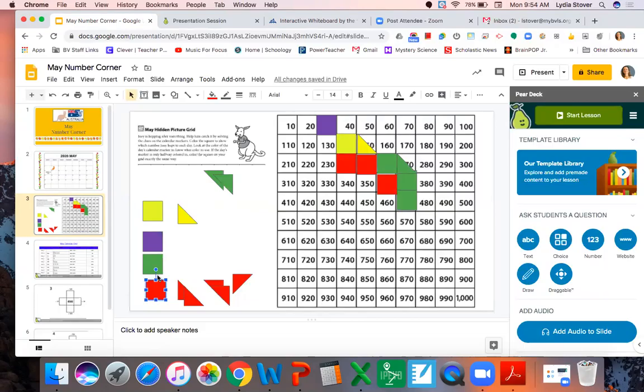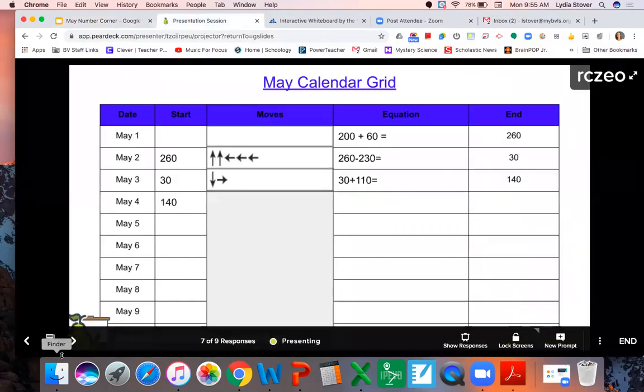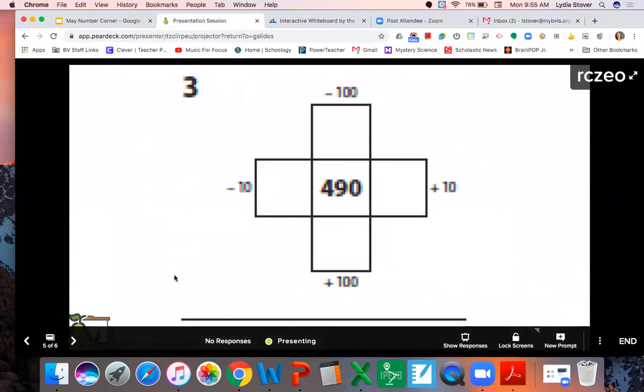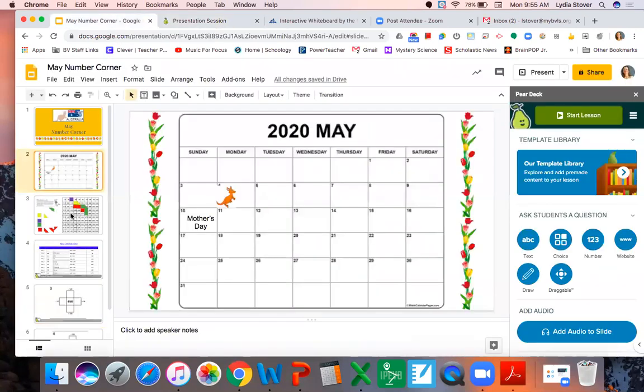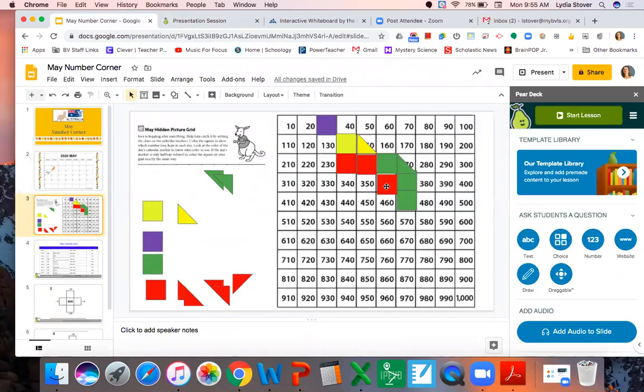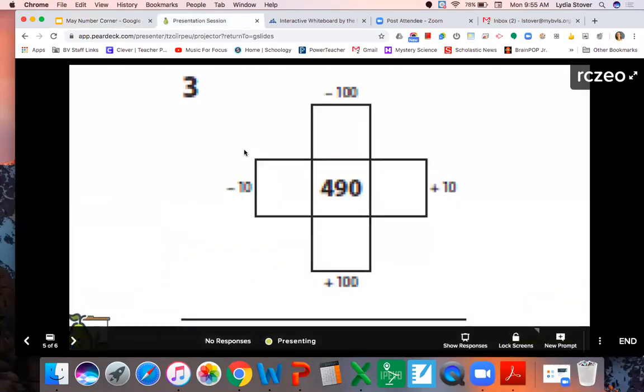All right, some of you are able to keep up with me. I know that's challenging. All right, I'm going to give everyone time now to do our neighbor numbers, if you remember this from our last number corner. You should have colored 360 red, just like this. Hopefully everyone can see that. Okay, go ahead and fill in your neighbor numbers.